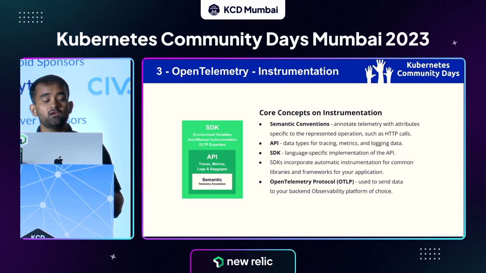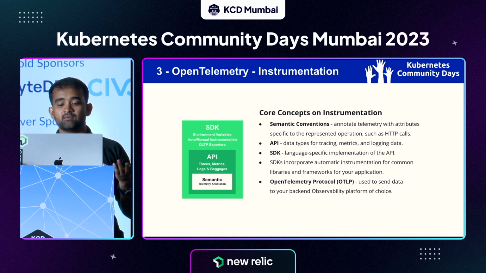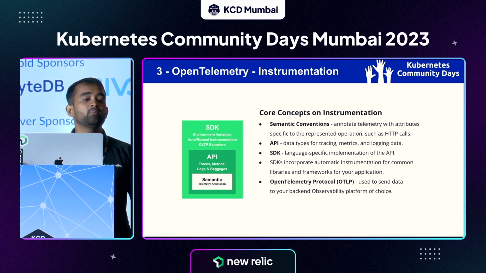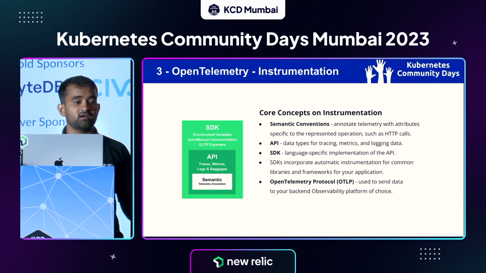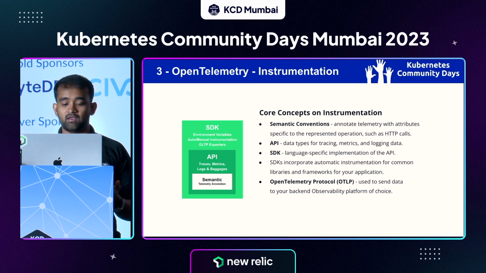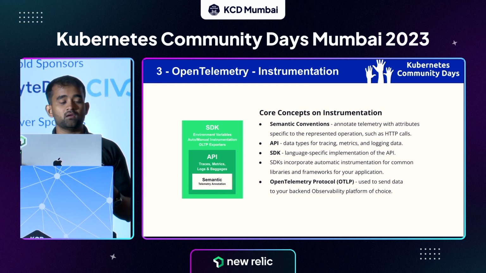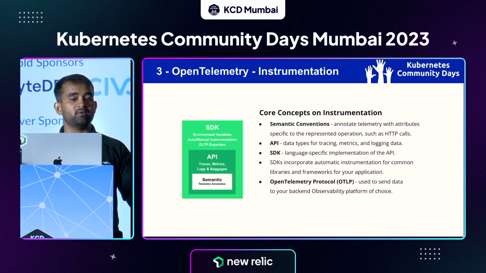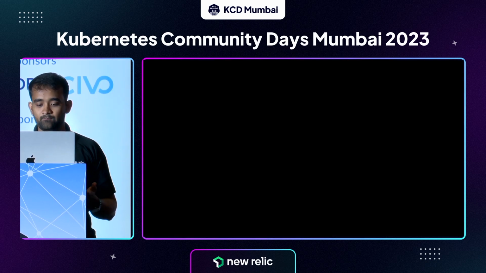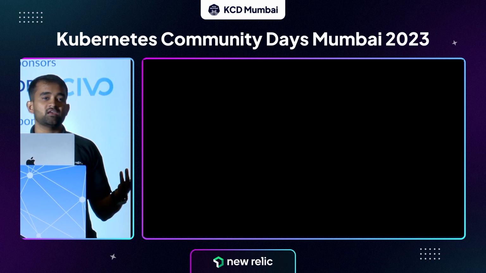Second one is API, so different APIs for data types like tracing, metrics, and logging. So OpenTelemetry provides APIs for each of these data types. You should be mindful of what API you want to use and what data you want to collect. Third is SDK. Each language has its own implementation of SDK, but they follow the specification provided by OpenTelemetry. And most languages,